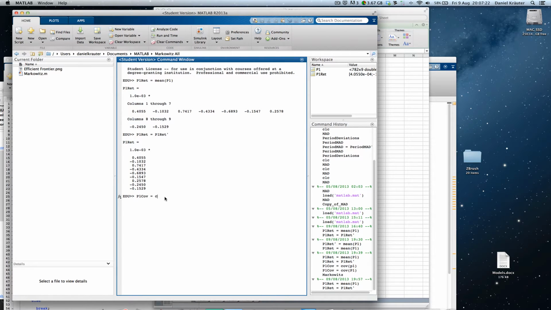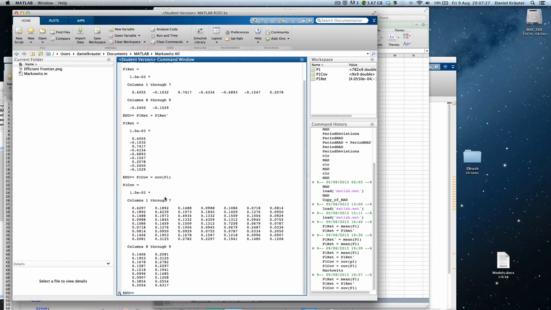P1 cov equals covariance of P1. Boom, here's your covariance matrix. Alright, what do we need next? To get a really nice efficient frontier graph, what we want to do next, you will see why we're doing that right now,